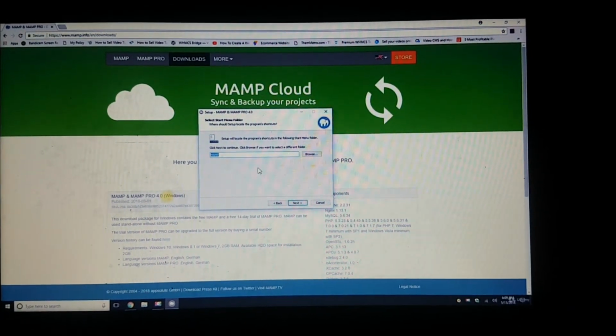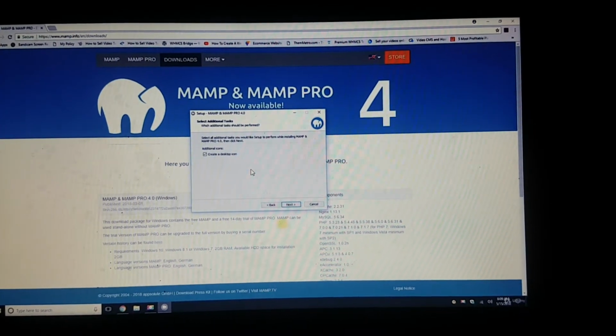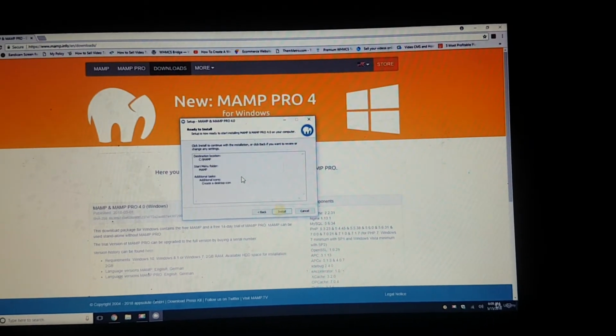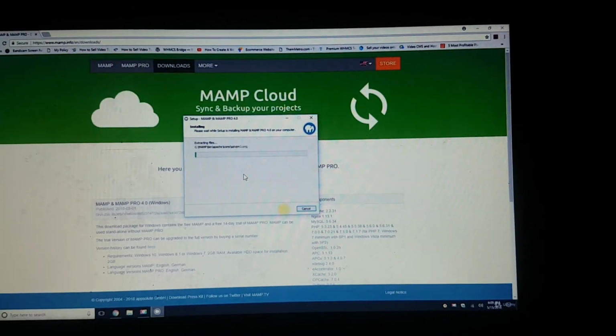Select startup menu folder. Yeah, MAMP is fine. We'll click next. And do I want to create a desktop icon? Yes, I do, so I'm going to click next. And we'll click install. So this is going to take a little bit of time, so I'm going to pause